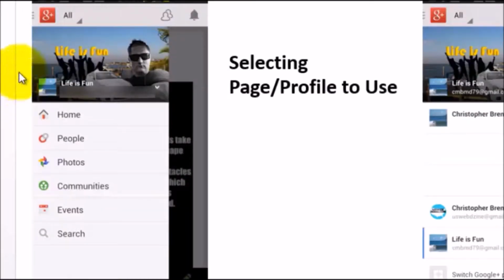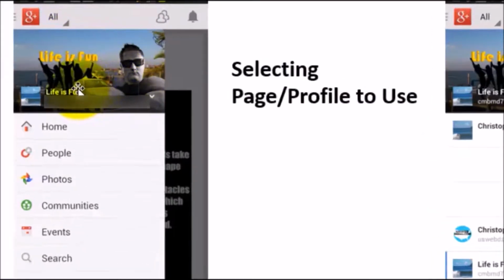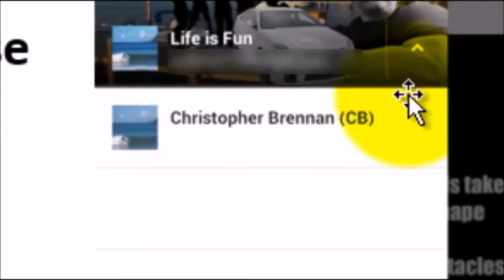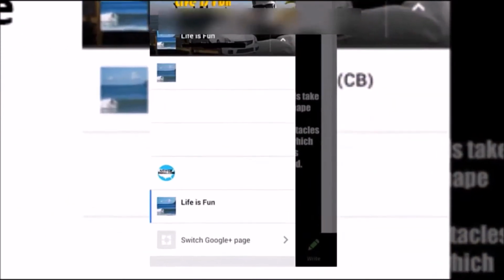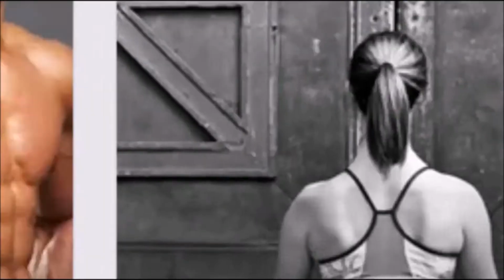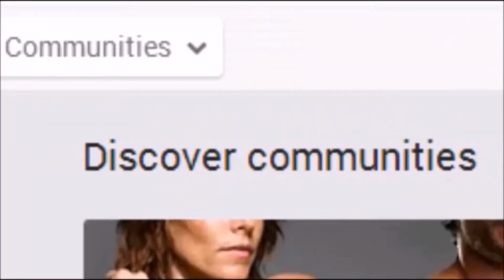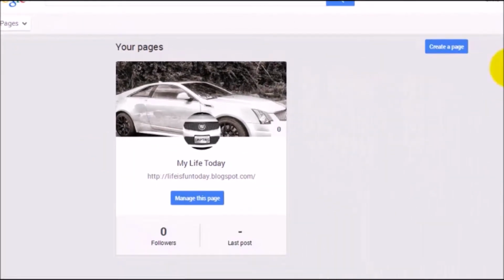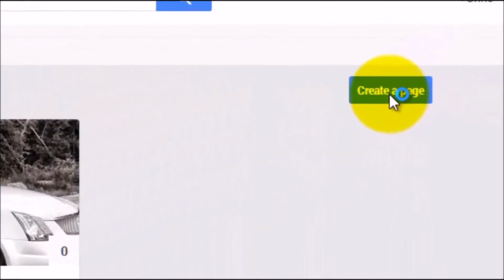So when you first come to your page, you'll notice the page here, and you can select a down arrow. And selecting that, you have the ability to select different pages. And I will show you how you do add different pages. Okay. Let's look now at the profile here, and I'm going to select only the Google pages. Alright, and right now it's showing one. Say I want to create a page. I'll hit create page,